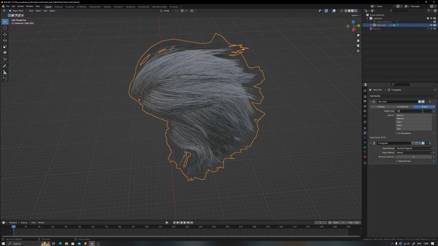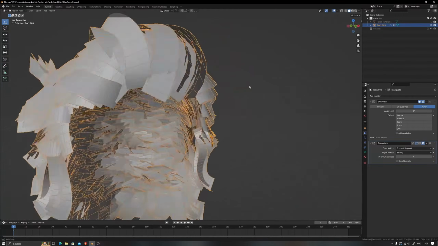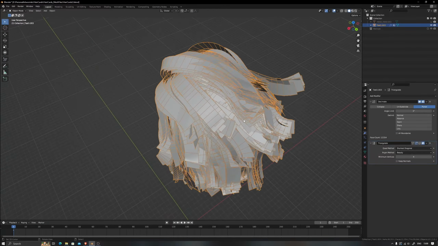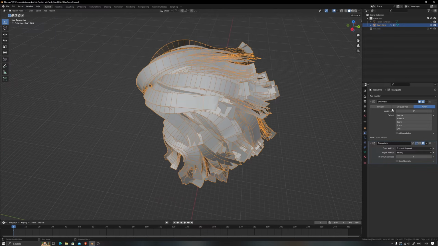So mostly a value of 5 or a value of 3 should just work fine, right? Yeah, but this way the triangle count will be a little bit more than using the collapse in the decimate modifier. As you can see, we have like 29k triangle count, which is pretty low for modern day AAA titles,